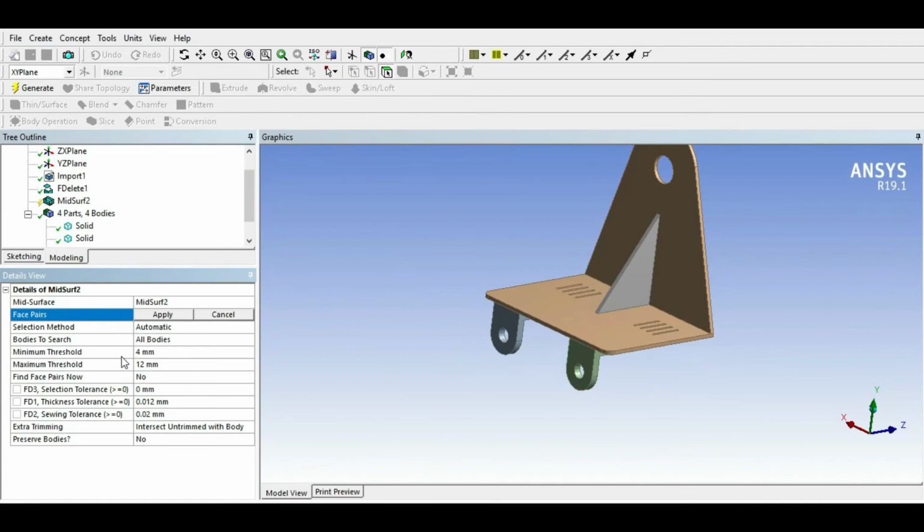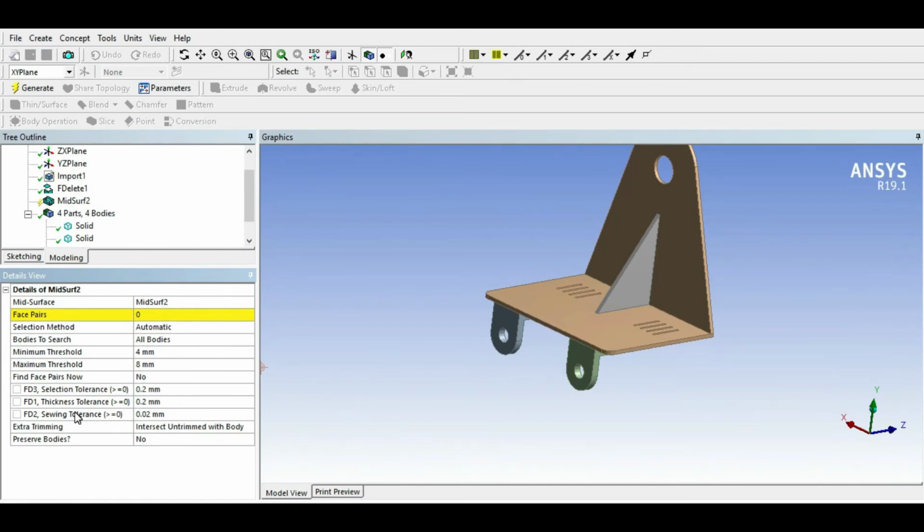Then your minimum threshold is 4 and maximum is 8, right? So we know the range in the geometry. Then selection tolerance: if you are confident with your uniform thicknesses, there is no need to give selection tolerance, but here I am giving 0.2 mm as the selection tolerance.